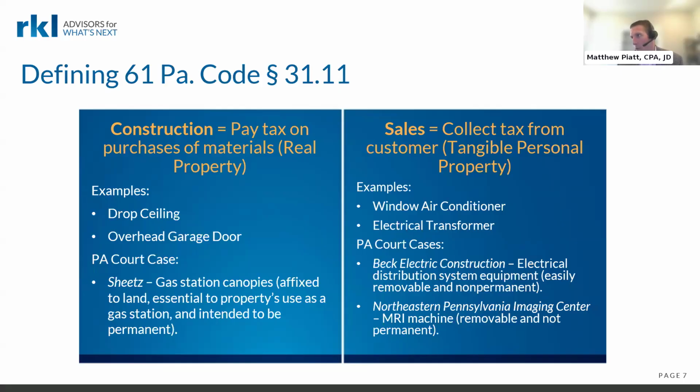Doesn't mean that you couldn't have, for example, potentially a transformer that is real property. Maybe it's affixed to the land, it's essential to the use, it's intended to be permanent. It's not 100% that if it is listed under one category, it can't be something else. But that's your default starting point, and in general, that's probably going to hold true. And it also gives you something to point to. You're not just analyzing these somewhat subjective standards. You're saying, look, here's the PA regulation that by default is considered real property or tangible personal property.